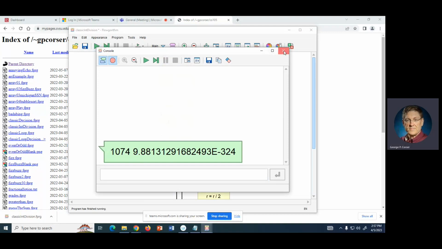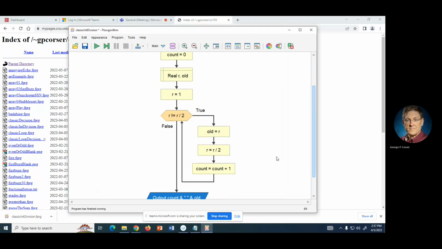So we have a real number. The real numbers are limited. So you can have numerical precision problems. So sometimes you'll use this integer division, or you'll use a modular operation to do the